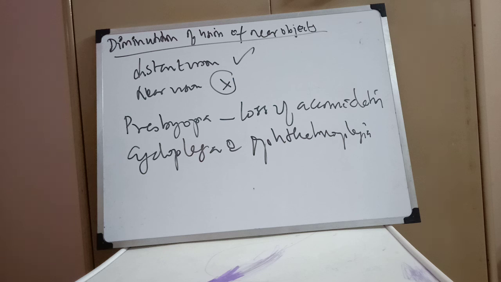The books of reference which I referred to here are Khurana, Parsons, and a practical book called Dadapir. These 3 books I have referred to for your class. For our discussion class, the next topic will be symptoms which are not related to vision and also symptoms related to the adnexa of the eye. Okay, thank you.